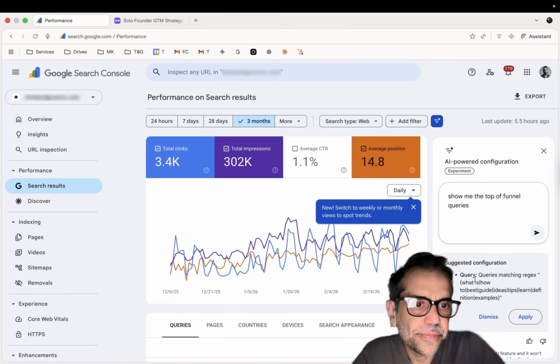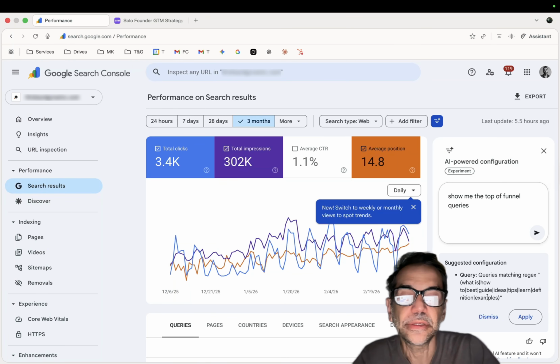In this case, you can see, pretty cool. It says here, because I said top of the funnel, it gives you insight into what you can write. So: what is, how to, best, guides, ideas, tips, learn, definition, examples. These are literally what people will be typing in for top of the funnel stuff. You can compare this to, say,